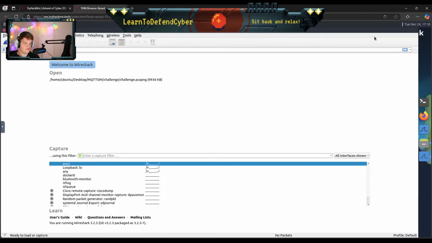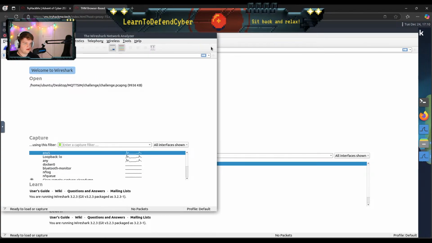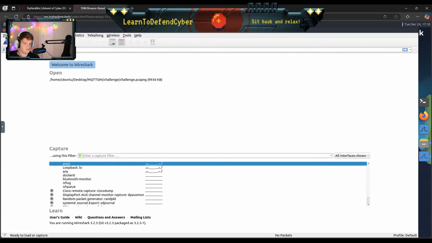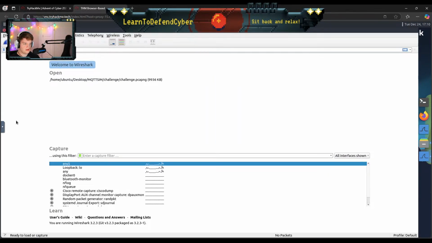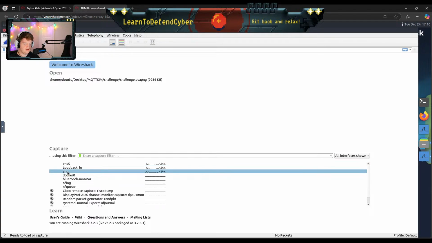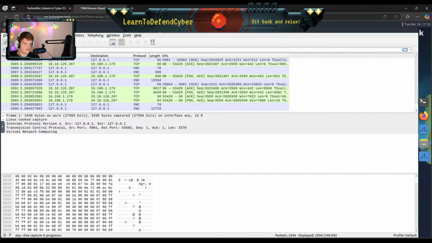In Wireshark, we can full screen it. It looks like I opened a couple of them. Alright. We can go down to the any interface right here. Double click it, and you'll see that we are receiving traffic.